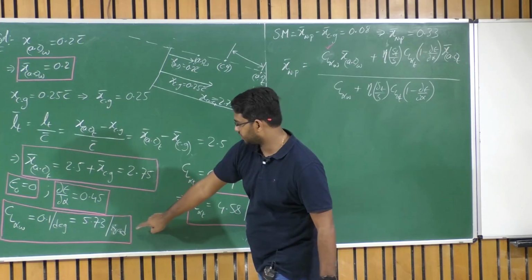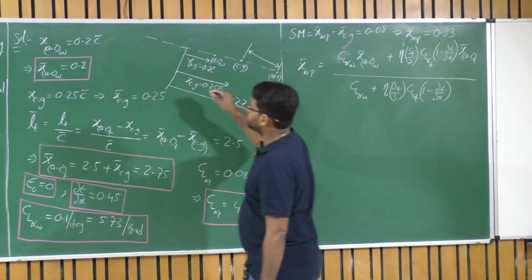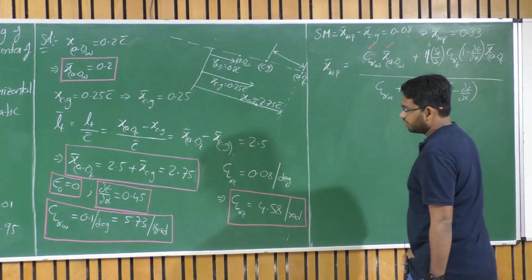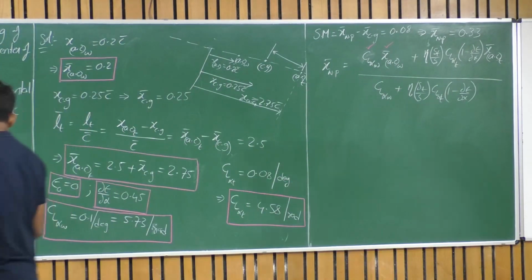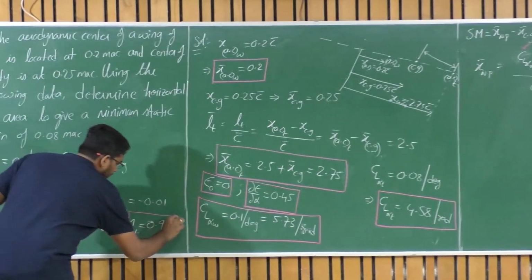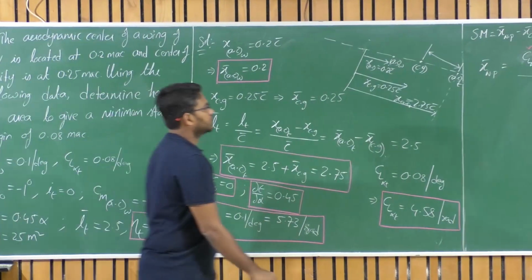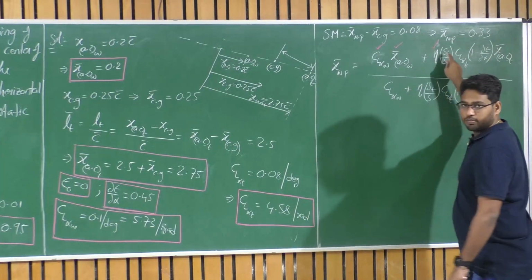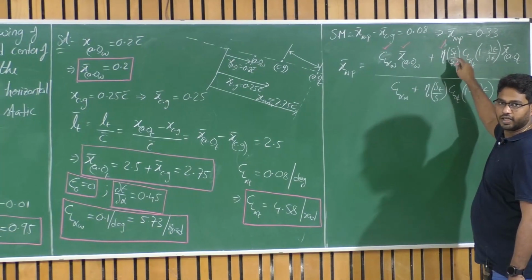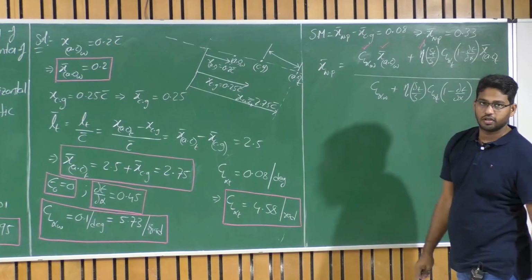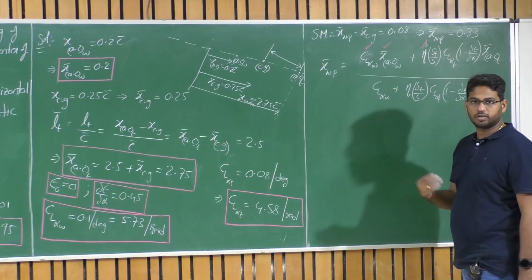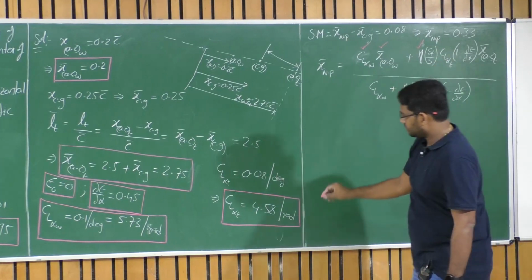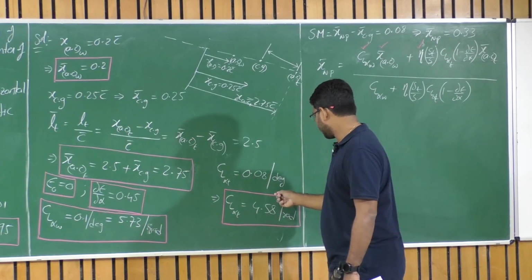So which is highlighted here, and we have XAC of the wing. XAC of the wing is given, and we know what is eta. Eta of the tail is given as 0.95. So we have the data eta, and we don't know what is St upon S. This is what we need to find out. S is given 25 meters square, but we don't know what is St, which needs to be figured out from the data. So CL alpha of tail is given, so we just now converted it to per radian.